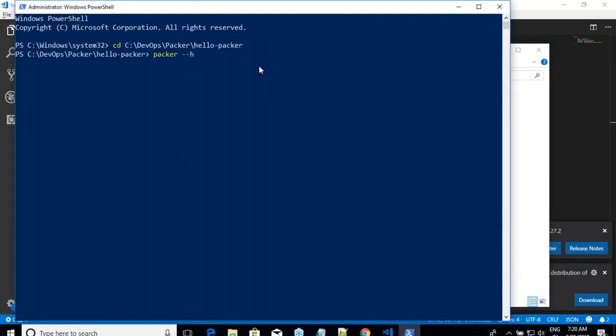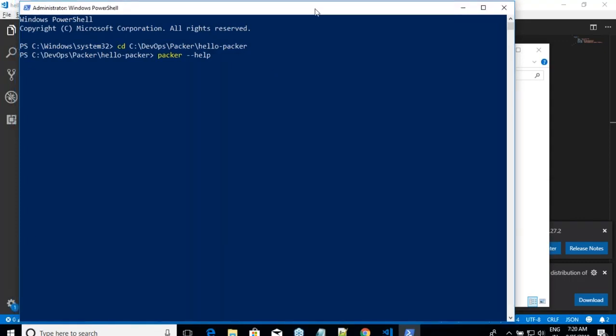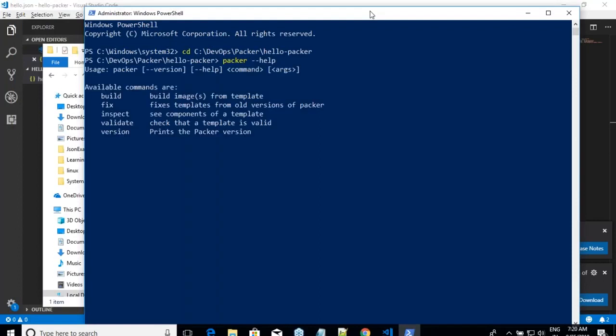Packer --. You have build, fix, inspect, validate, and version. So first let us do packer validate. And what is the file you have written? Hello.json. Let us see what it says.